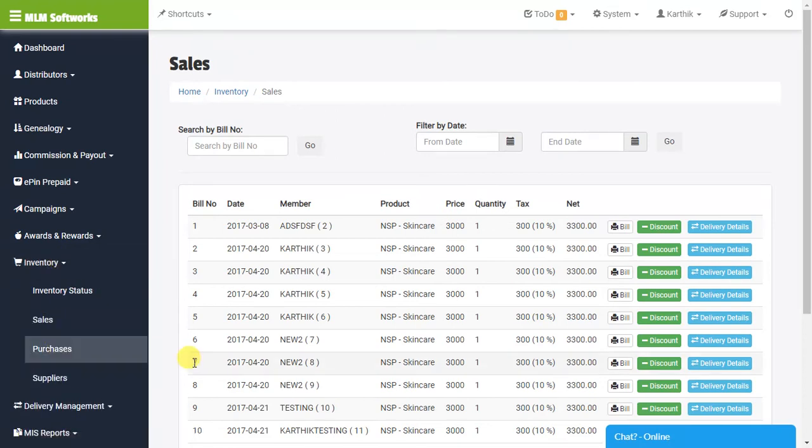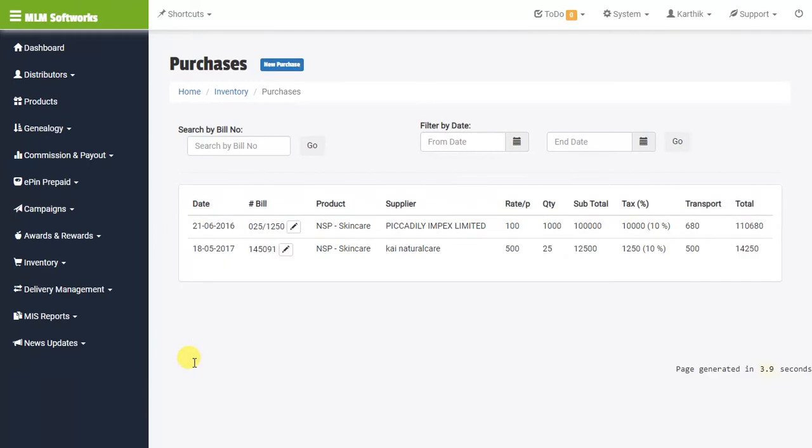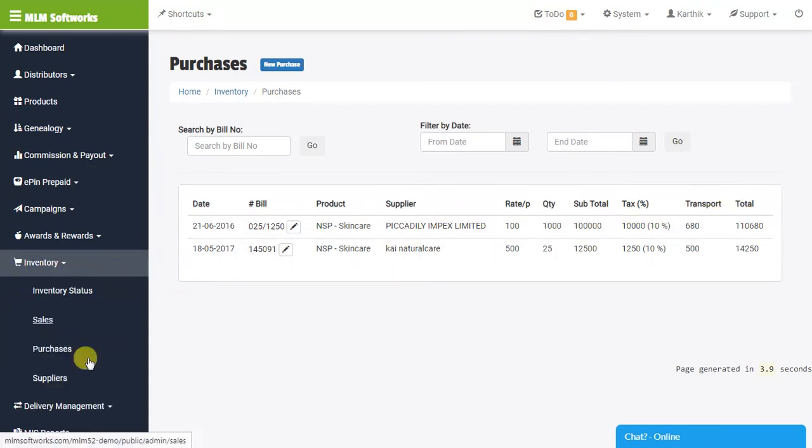There's the purchases module. You can add a new purchase: rate, quantity, subtotal, tax, transport, total, everything will be here. So the total inventory system will be here. You can add suppliers too.